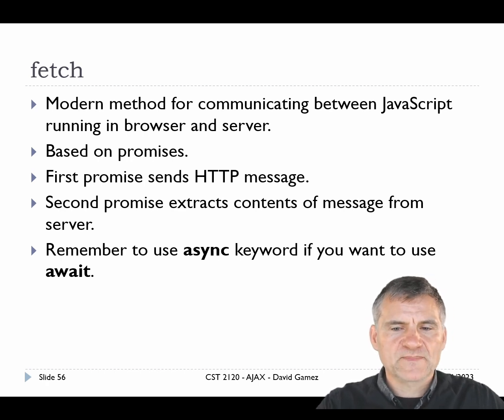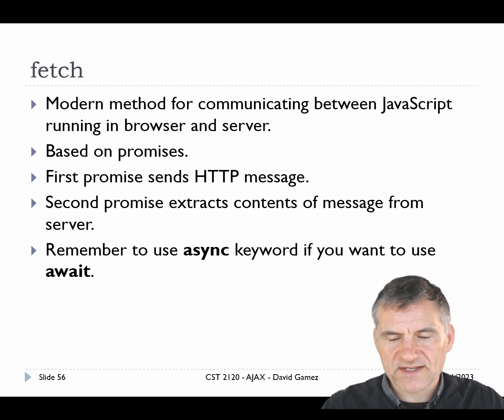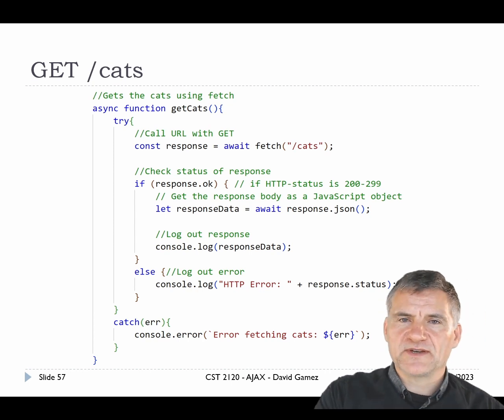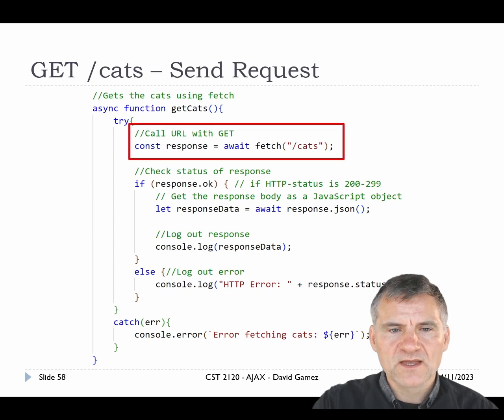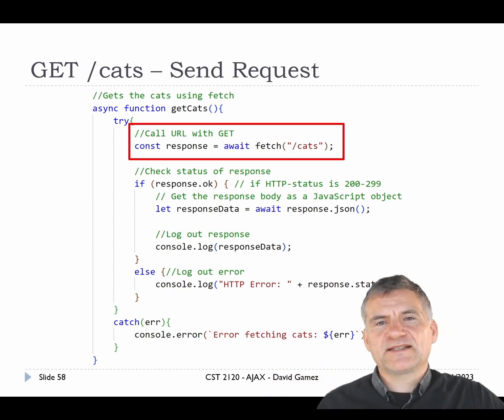If you want to use await syntax, you must use the async keyword on the functions. And you can't use await outside of an async function. Just one of the restrictions of that, and you just get used to it after you've had a couple of console errors related to it. So this is the fetch-based approach. I find it simpler, nicer code than the